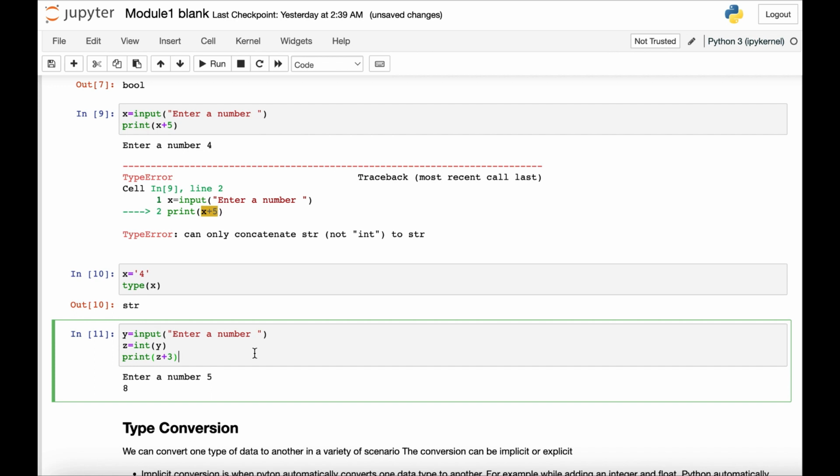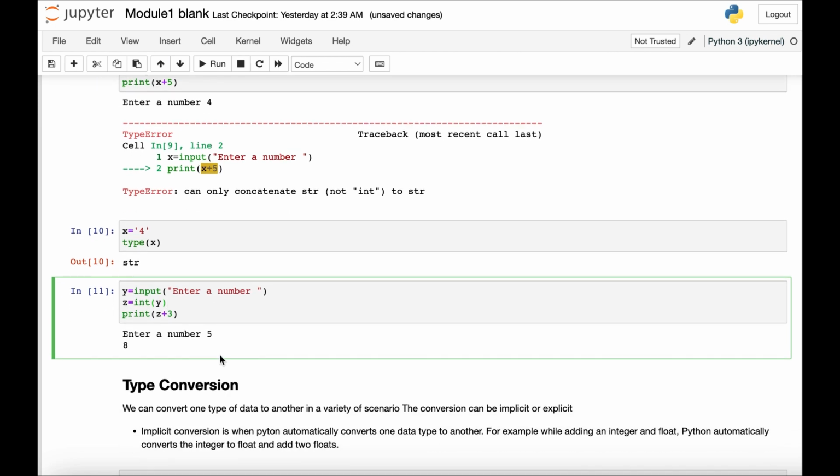We learned that whenever you are concatenating some numbers, like if you are adding 3, which is an integer, and z was not converted into integer, then that would be a string. So you cannot concatenate a string and an integer. The type of the data must be the same. Like you can add integer and integer, float and float, string and string. But if you want to add, meaning concatenate,